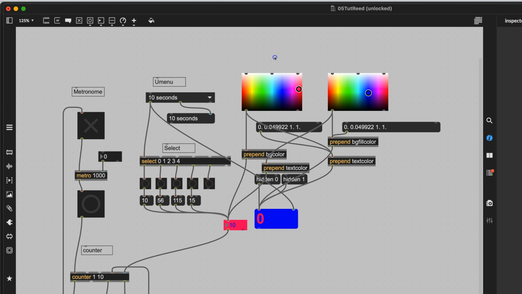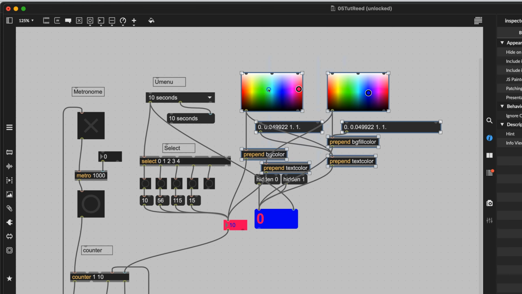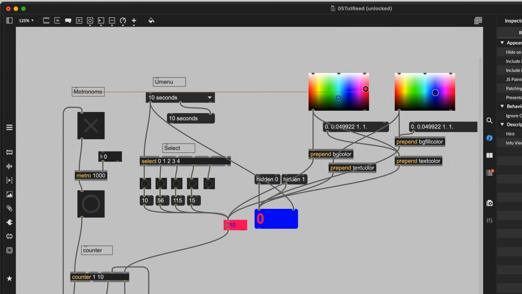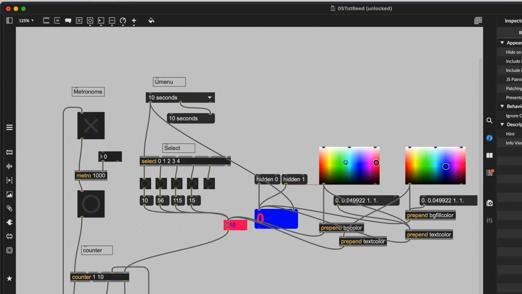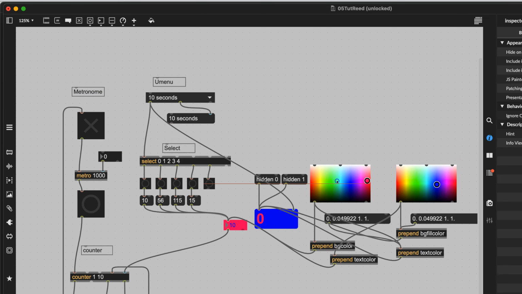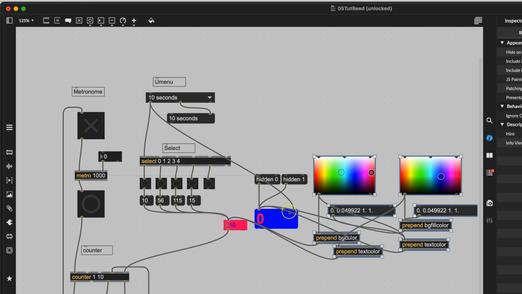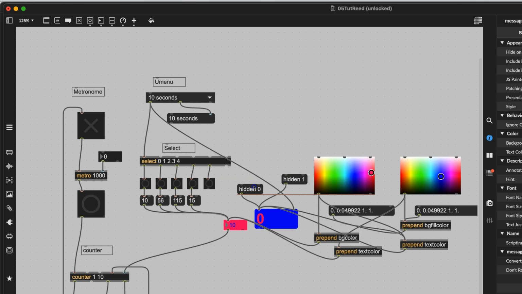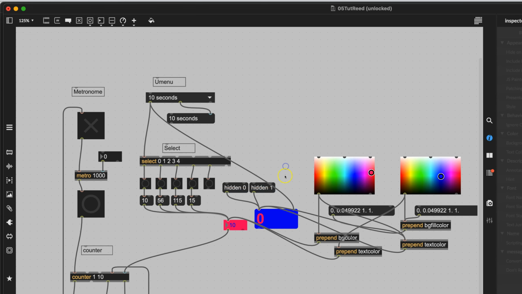And move all of the color controls over here. It's not the neatest thing I've ever made, but you know, it's okay. And hidden things over here just because they're fun. Okay, very good. And so,